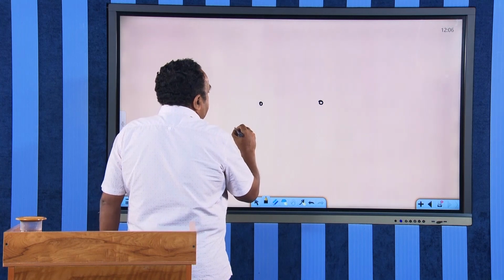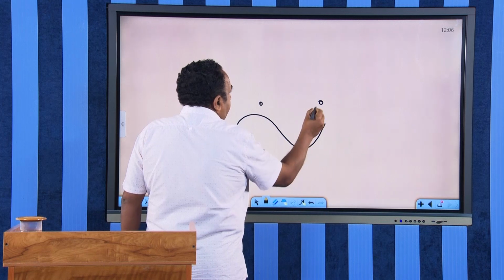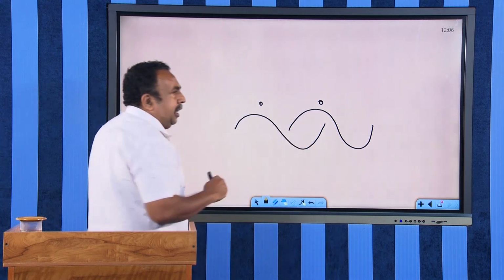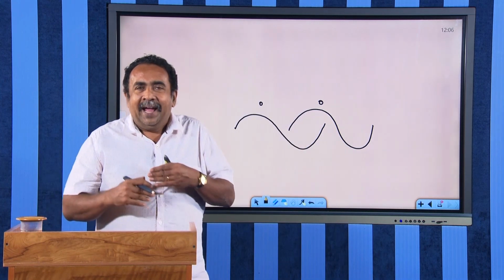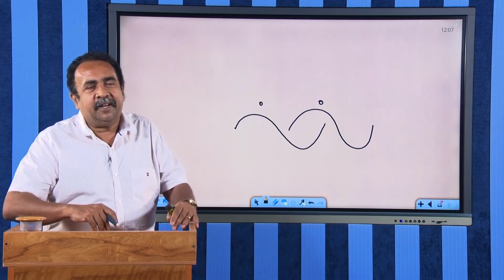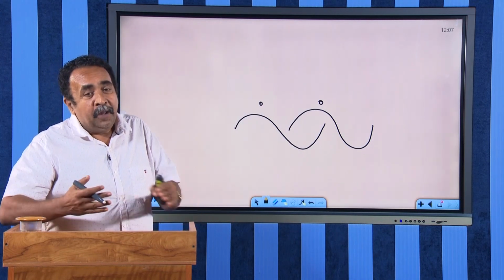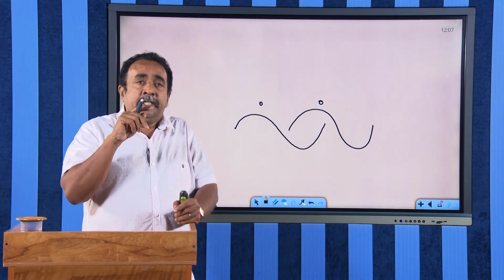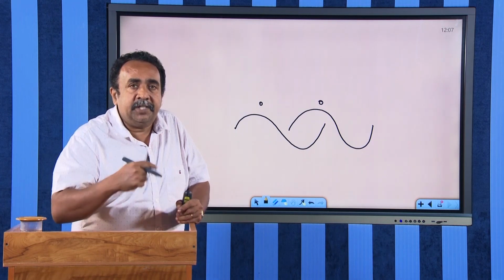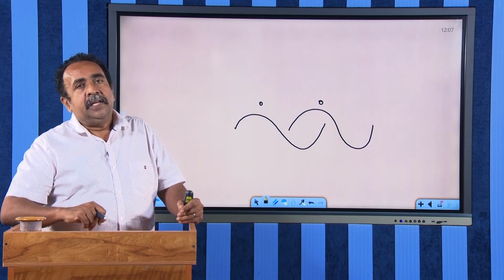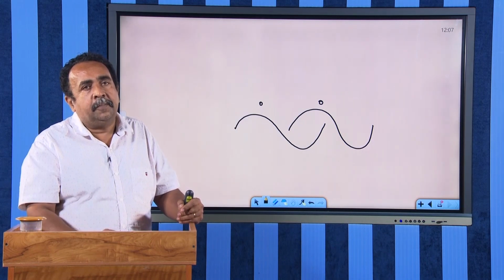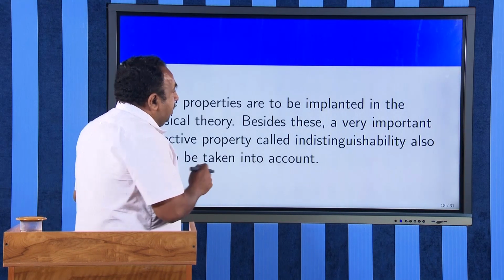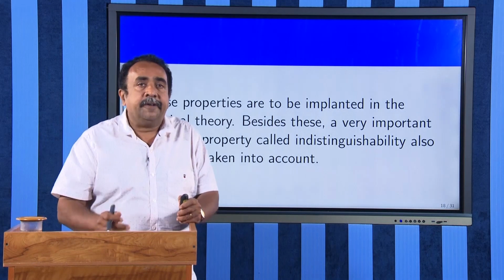But if this particle in the micro world is in the form of a wave and the second one is in the form of a wave, then these wave functions overlap. And when these wave functions overlap, I cannot distinguish the first one from the second one. Only if the particles possess such a property can you say that the system has a quantum behavior. Such a property is known as the indistinguishability property, and the particles must show it also. Only then can we say that we have a quantum phenomenon.